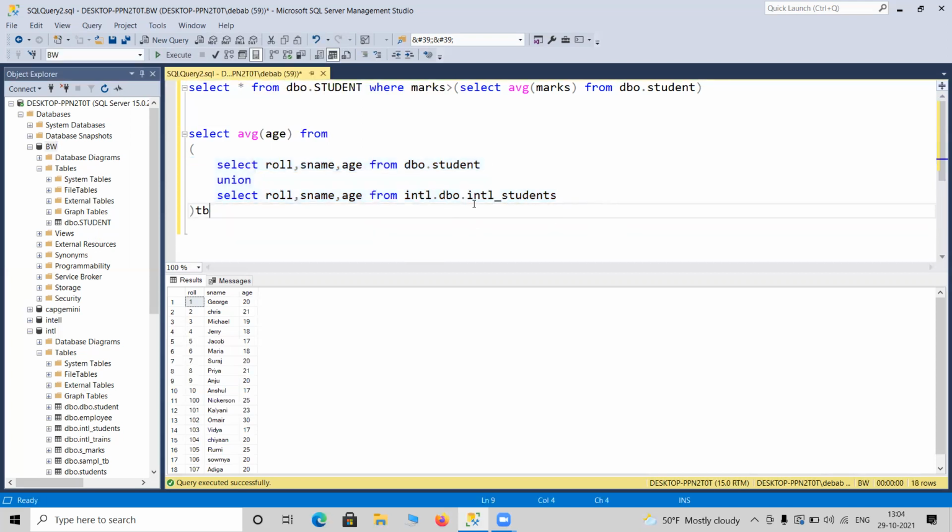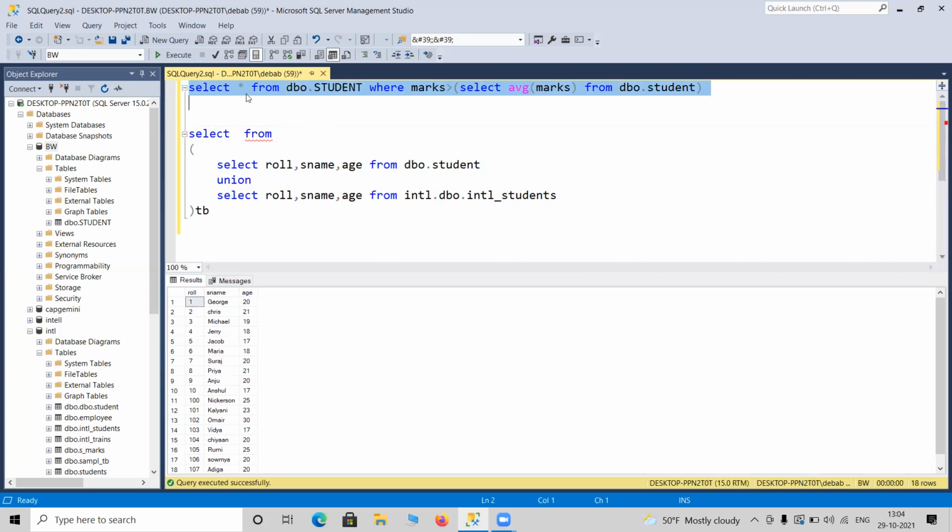Okay, so this is another use of subquery. If you want to store any sort of data in the database on a temporary basis, you can use temporary tables. What does it mean by temporary tables? Suppose you want to store this data inside any table. Let me start with a simple query.